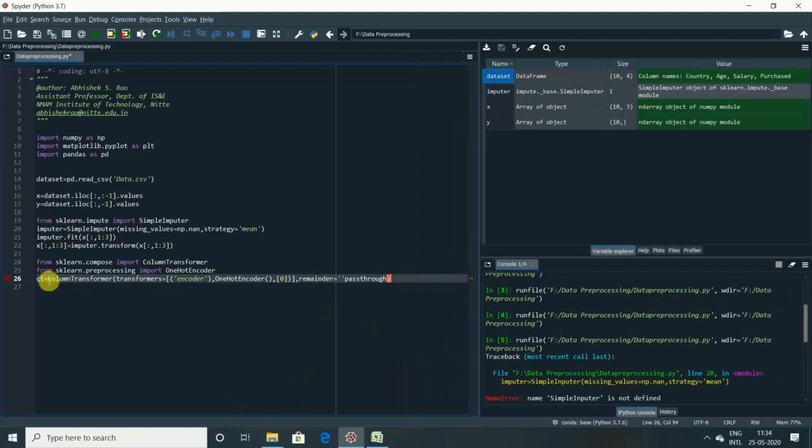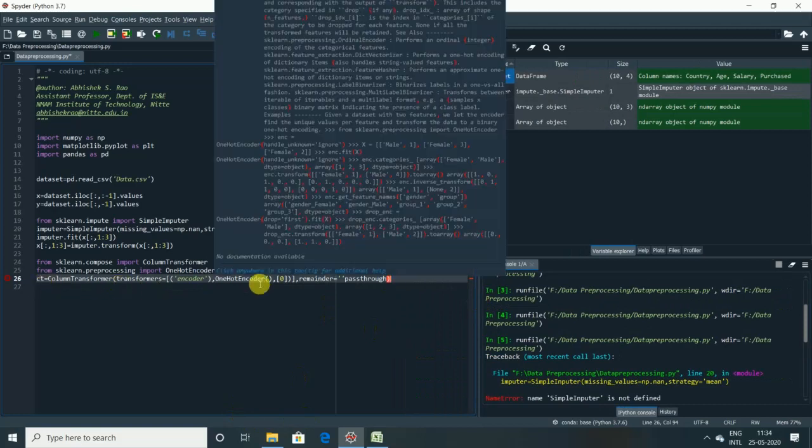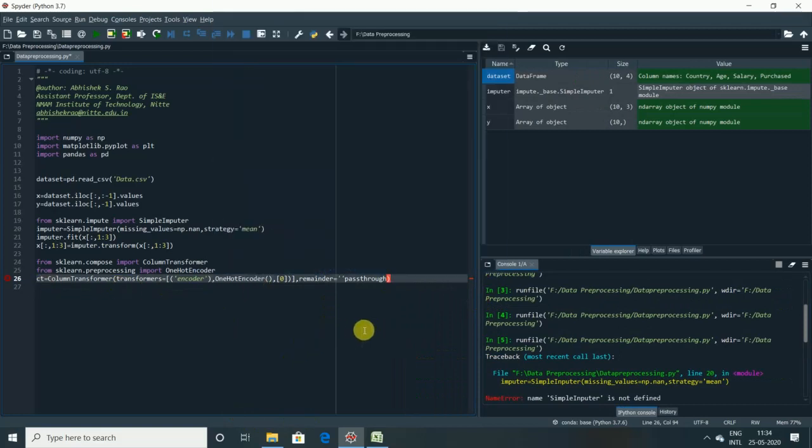I think we are done with this. Any problem here? Maybe some brackets are missing. ct is equal to ColumnTransformer of transformers, which is equal to the encoder, one hot encoder, comma 0 closed, remainder equal passthrough.